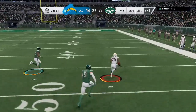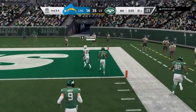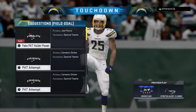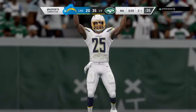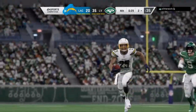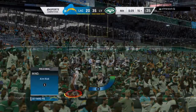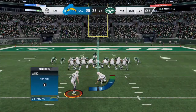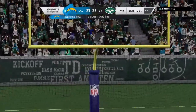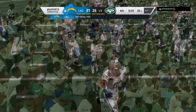They find some open field here. And now off to the races down the right side. And he's in for a Charger touchdown. A big play there, with his second touchdown of the game, number 7 on the year. And the Chargers are able to cut into that deficit. Point after try forthcoming. And the lead will be cut down to 14. Next to score, Jets 31, Chargers